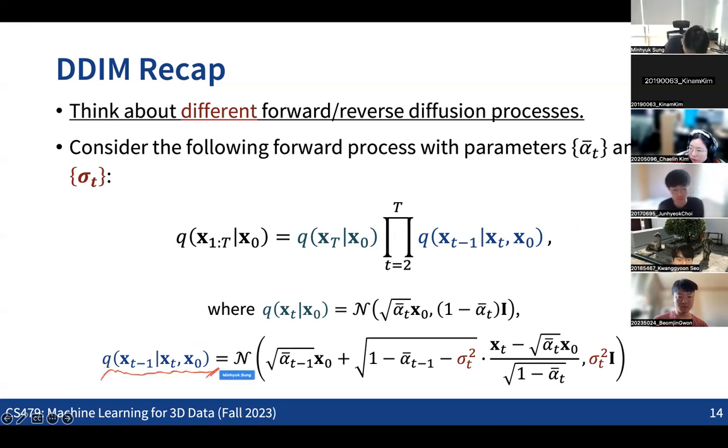But the thing is that now we are changing this distribution. And the way that we are training the model stays the same. Exactly like before, we have the noise prediction model and use the same predicted noise for the generation. We are only changing the definition of the reverse transition, in a way that we can still run the reverse process.